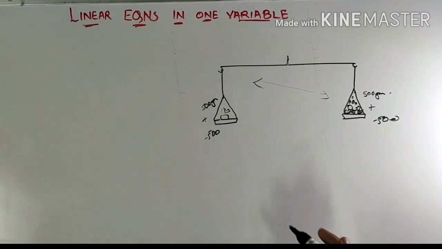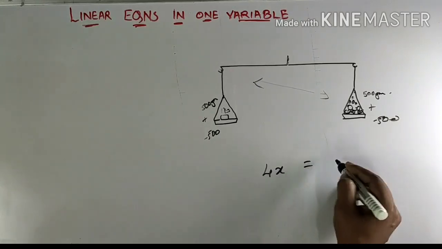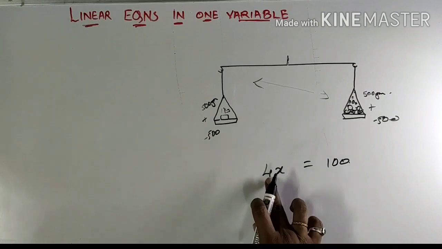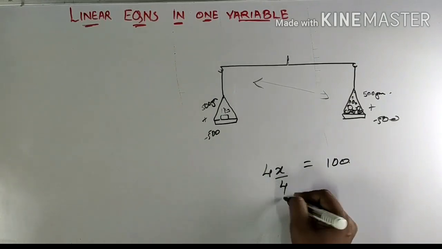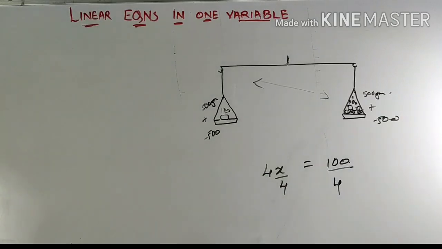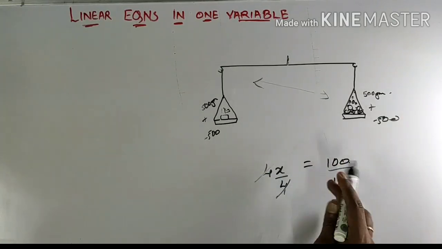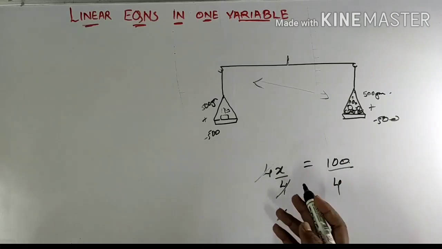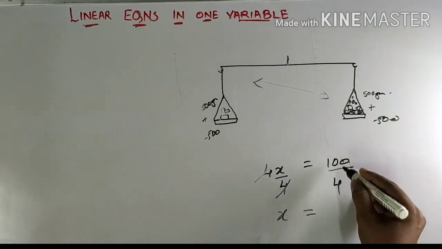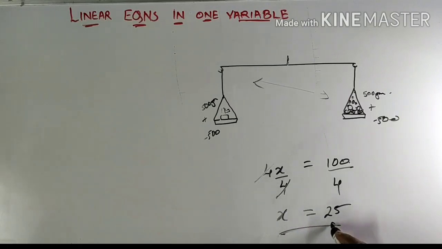So that is what we do in mathematical equations also. If I want to get rid of 4 in 4x = 100, I need to divide by 4. If I divide by 4 on one side of this equation, I'll have to divide the other side also. This way the equation keeps its value and it is balanced. So I've got rid of 4 from the left hand side, and the value is 25. This way we solve mathematical equations.